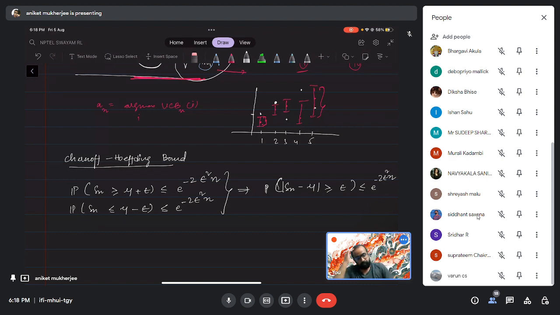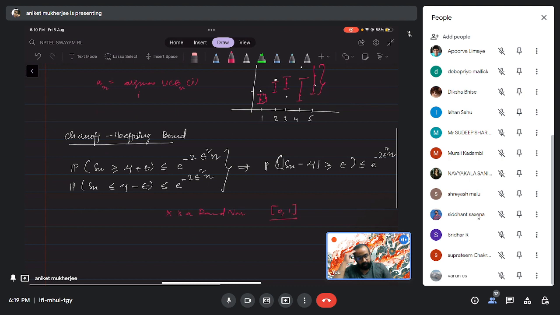So what you have is, okay, x is a random variable. First let me do it further. So x is a random variable whose support is 0 to 1. So x can take only values between 0 and 1. It can't take any more values. Okay, and then